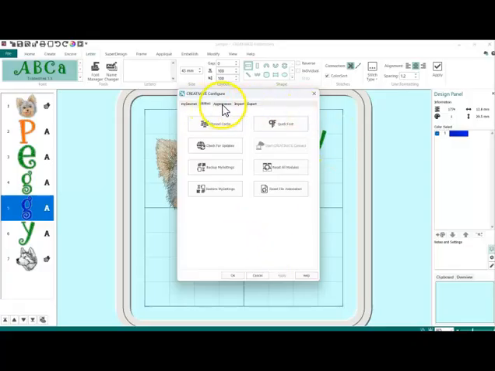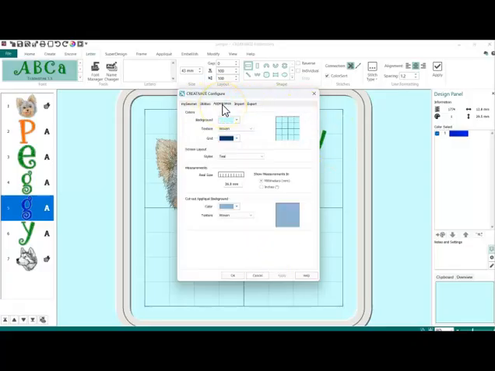And the Appearance tab, if you were doing white snowflakes and your thread color was white and your screen color was white, it would be kind of hard to see your designs on your screen. So here is where you change the color of your screen. So you can change the color, you can change the grid color,